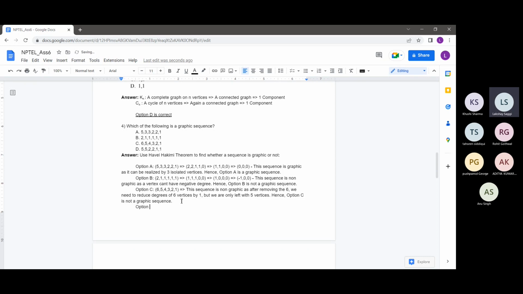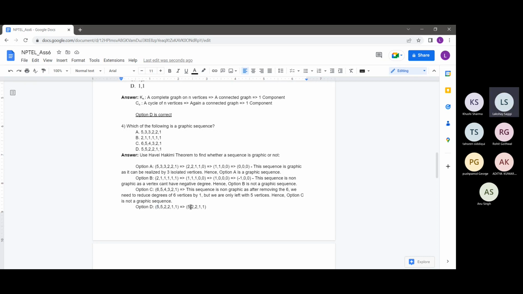So I hope I'm making sense. So now let's come to option D. So again, in option D, we'll ensure that it is in non-increasing order, which it has been given in the option itself. So now since these entries are in non-increasing order, we'll just straightforward apply the Havel-Hakimi theorem. So take this 5, like it's a standard procedure, remove this 5, copy paste the remaining values. And since we had removed this 5,